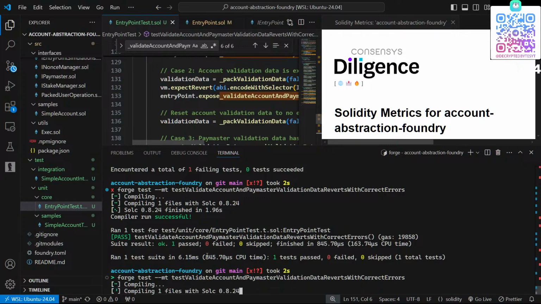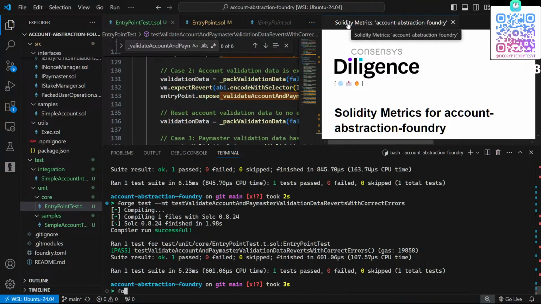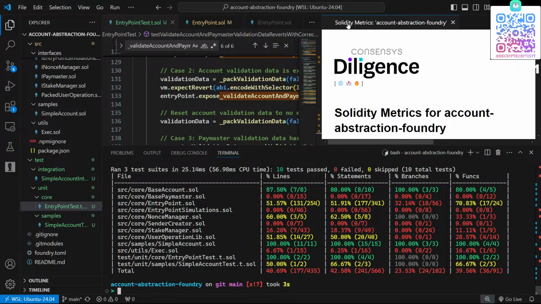Does this still work? Yes, it does. Okay, let's run forge coverage. There won't be enough, but numbers should look good. Yeah, this is in the green,